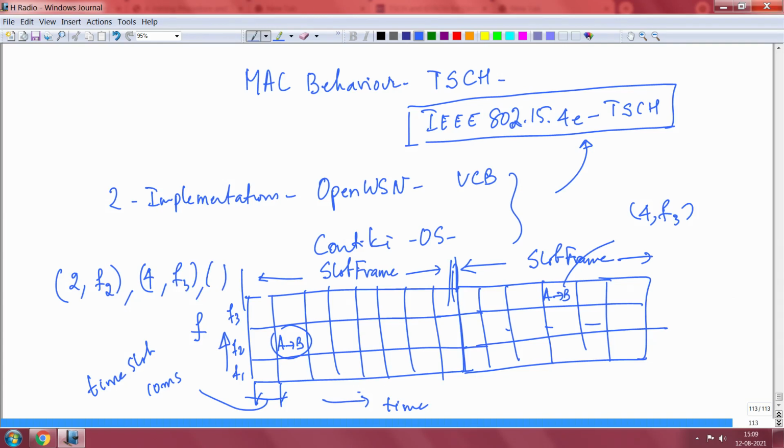So A and B have to hop together, only then they can continue to communicate and battle the interference problem. This picture also tells you that there is no collision, because the time slot is perfectly reserved for communication between A and B, and this can be of different lengths. Typically it is 10 millisecond, but what is important is to ensure that there is no drift. This time slot begins exactly here. So you have to ensure that